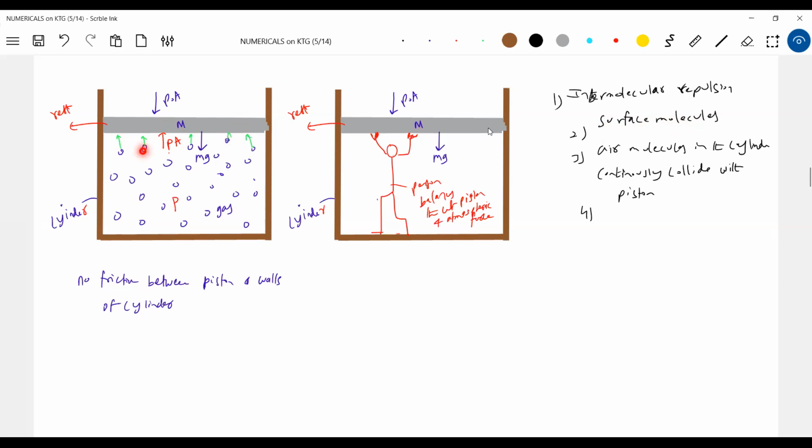No, this molecule will go and collide, and then it will be here. Then the position of this molecule will be taken by another molecule; it will come and collide. Say there are some 1,000 molecules. Let's assume that some 20 will come, collide with the piston and go. Next, another batch of 20 will come, collide, and go. Another 20, and another 20. Like that, the molecules are continuously colliding, each molecule exerting a force. And the resultant force exerted by the molecules is what I call the pressure of a gas.